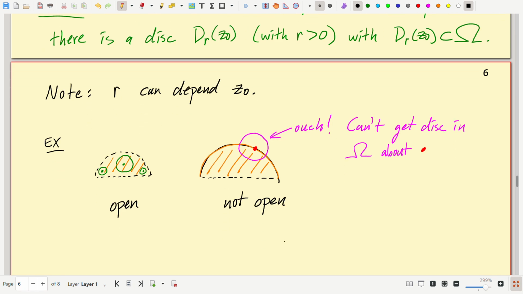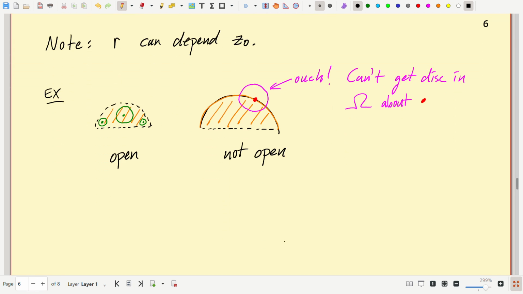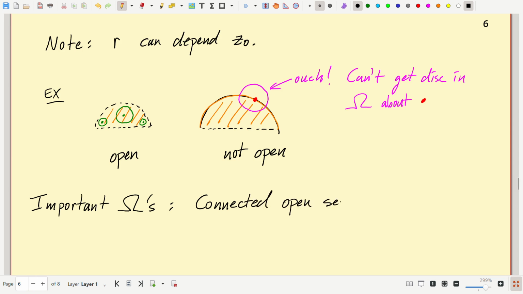Well, I'm almost ready to define the most important thing we're going to look at here. The important omegas are the ones that are path connected. So, connected open sets. And when you're talking about open sets in the plane, connected is going to mean path connected. It means I can connect any 2 points in the domain by a continuous